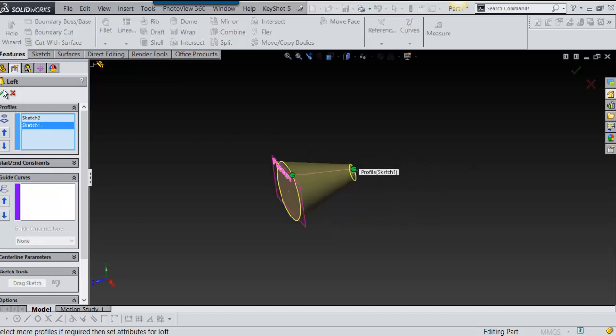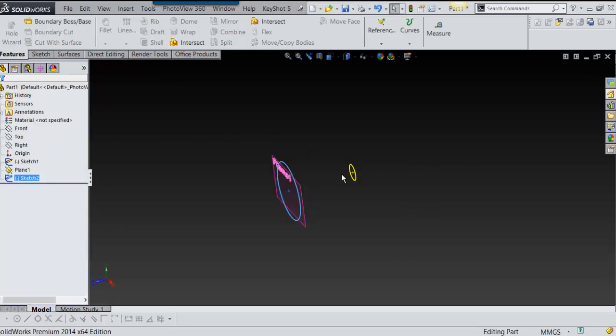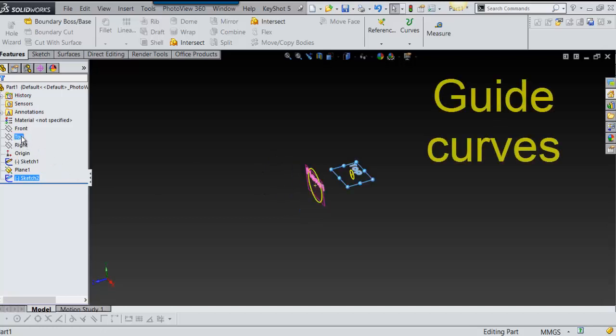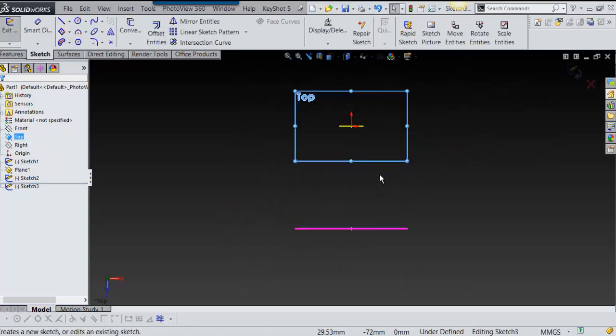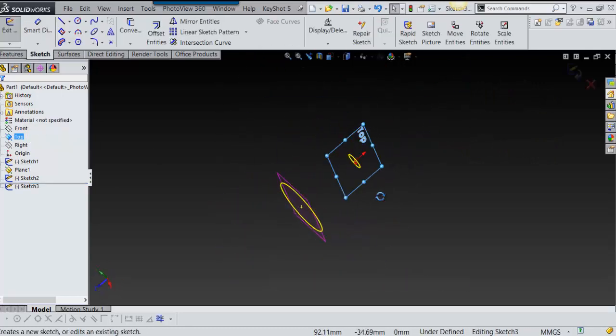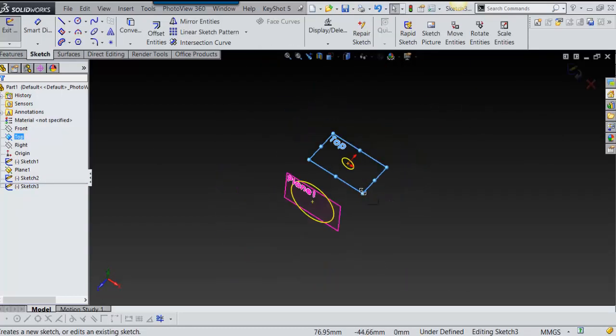Well, actually, let's not accept that. I'll show you how to use guide curves with this loft. So I'm going to sketch on this plane, which is perpendicular to these two profiles. And the way a guide curve works,